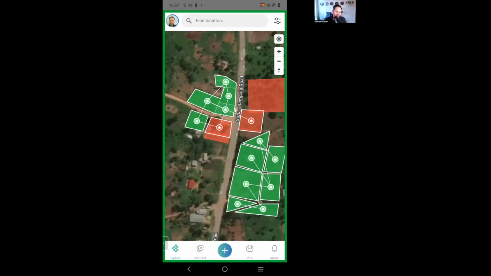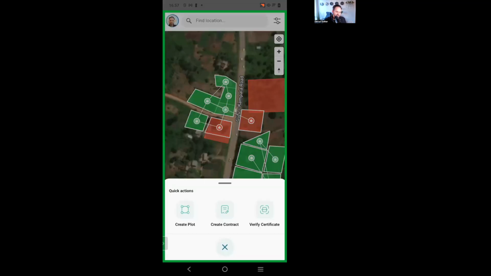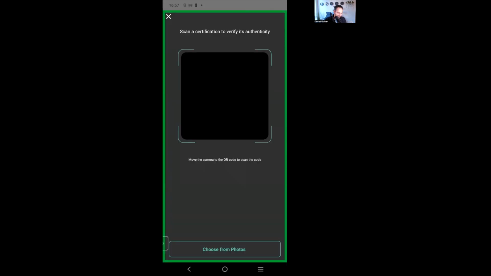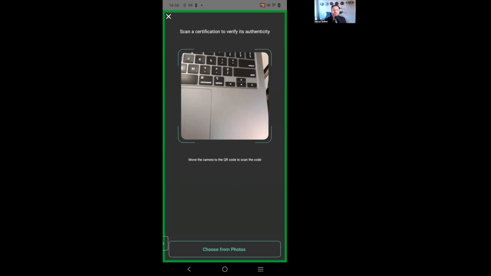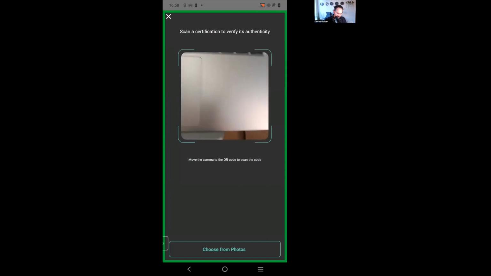And now we're saying, okay, let's verify this person. So I press the plus here, and you can see it says verify certificate. I click verify certificate. So if I had the document, I could just verify it by scanning the QR code, but we took a screenshot.